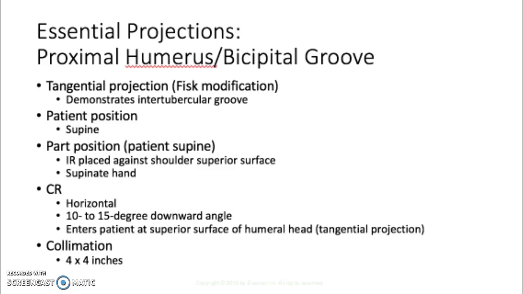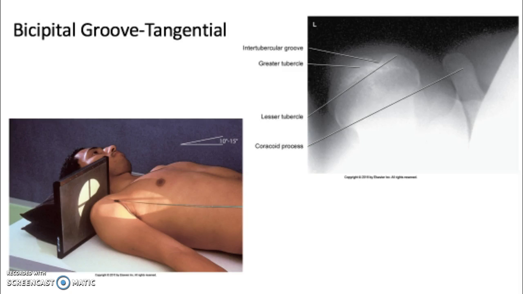Then the other view that you might see is the bicipital groove of the proximal humerus. It's a tangential projection, and it's a really easy view to do, but you've got to know where you're aiming, and your collimation should be really small. It's called lots of things. When I was in school, it was called the bicipital notch view, intertubercular groove, notch, sulcus. It's got a lot of different names, so your text might call them all different kinds of things, but it's basically a tangential view of the bicipital groove.